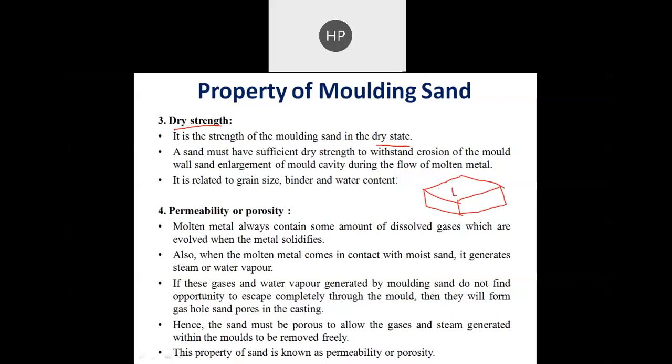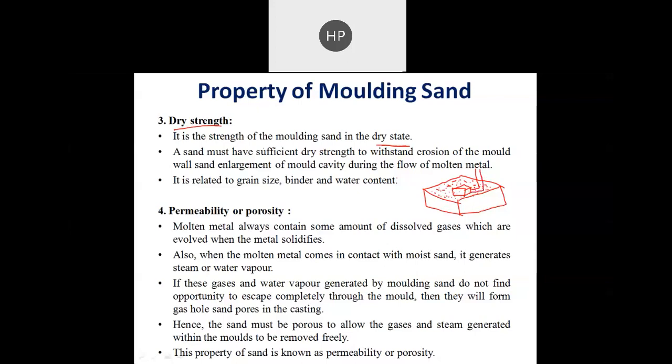This is our hollow cavity inside the mold box, and all around this we have sand. Now initially this sand is in a moisturized condition. Why? Because we have added some amount of water and clay, and in that case we require green strength. But now if we fill the molten metal